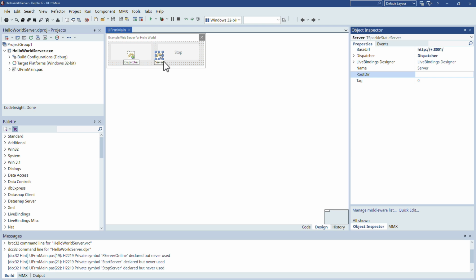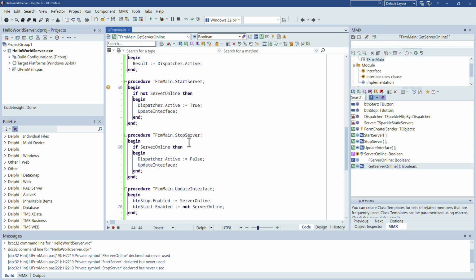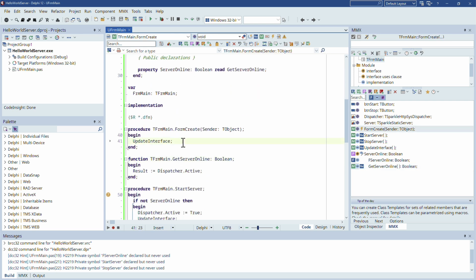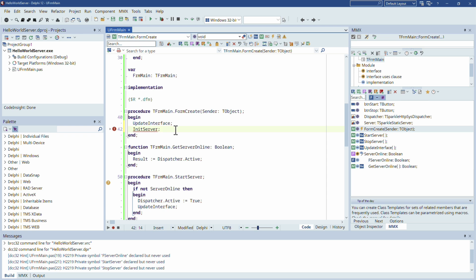Then close this. But now we look at the root directory. The root directory is the directory that the web server serves. Like, what is the root of your server? So meaning if you go to localhost 8001, what is supposed to be served? And what we can do is we set this to our app directory. So here we say, instead of just update interface, we also say init server. And init server